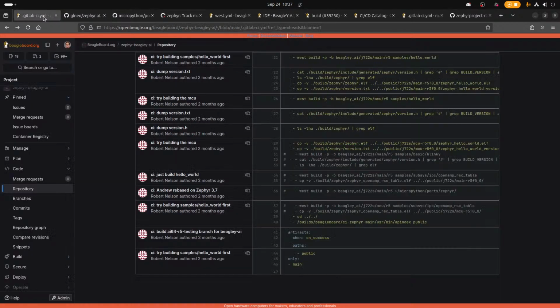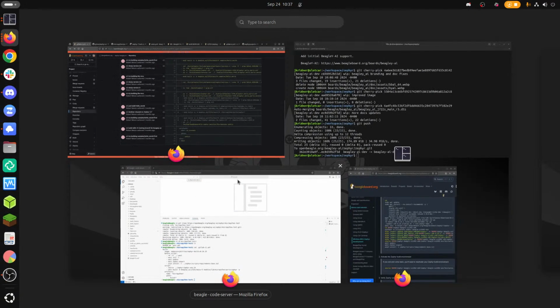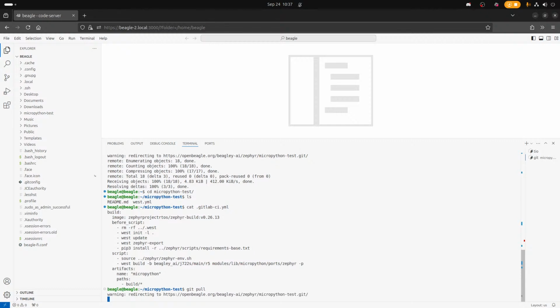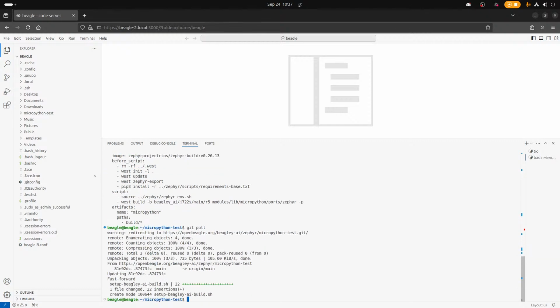Now I can just pull that and run that on the board. I'll have to fix the permissions.